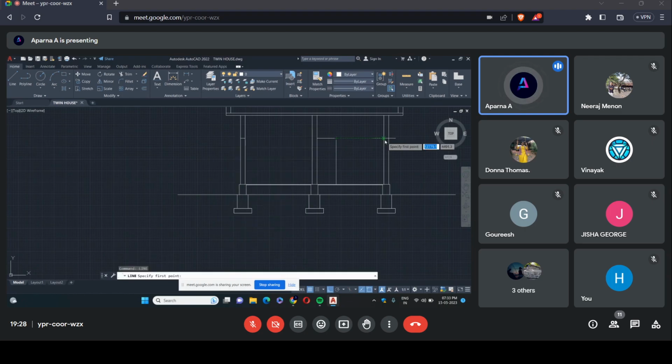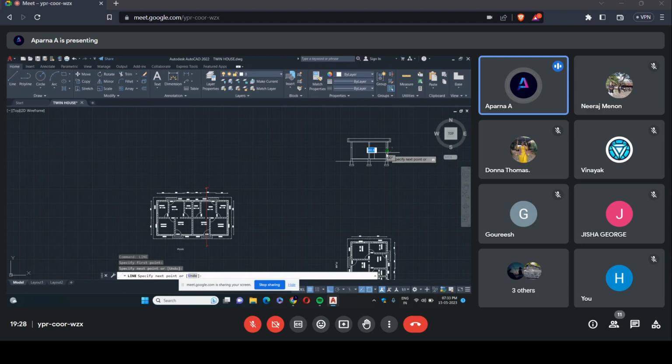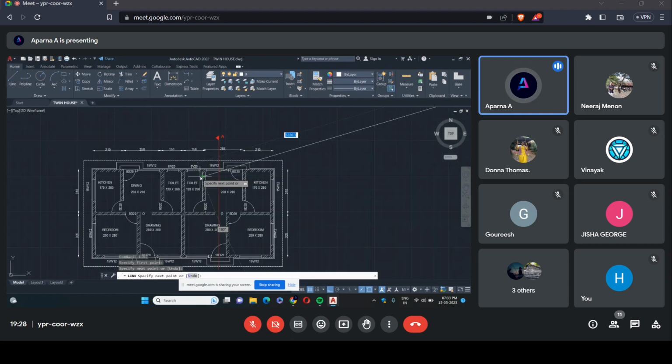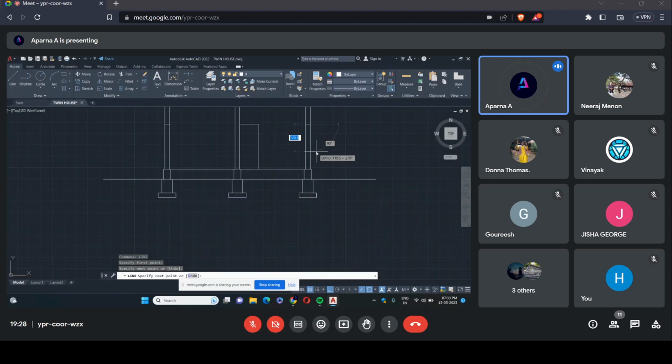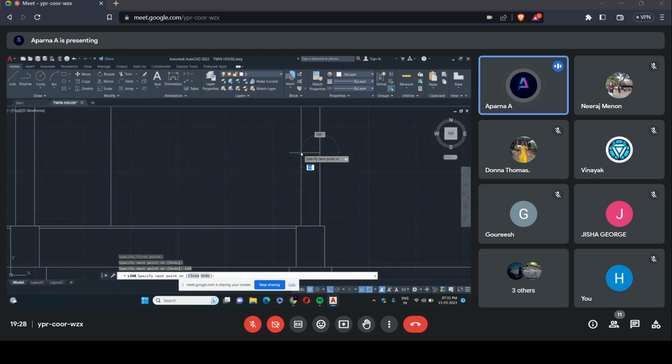Window is also at a height 200, but the depth of the window is 15. W12. That is the height of the window is 120. So 120 downwards. So my window is complete, and